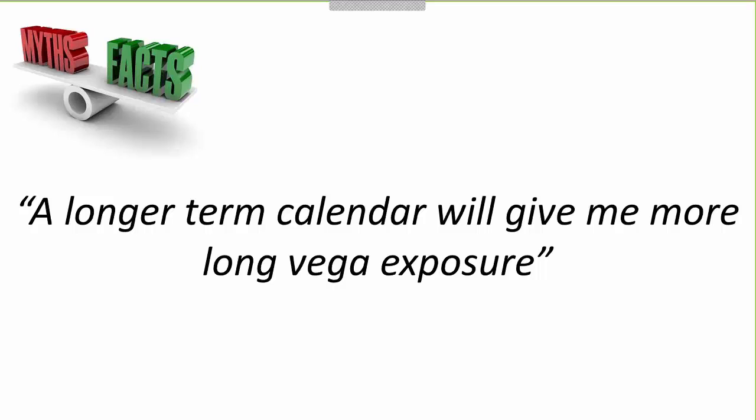So another way of saying this is that if you buy a calendar that's further out in time, you've got a much bigger Vega component, and most people would say risk, right? You're betting on volatility going up in order to make money. And with a big Vega, if you go out in time, if volatility goes down, that's where you start getting hurt, right? And sometimes pretty significantly, okay? So the concept is